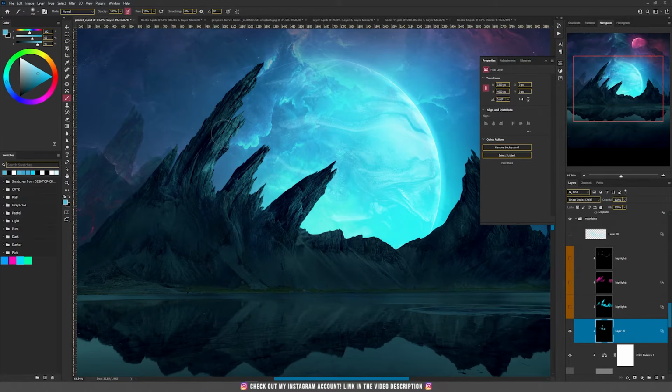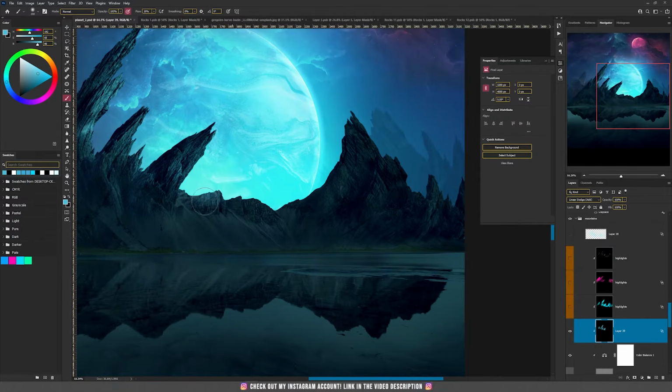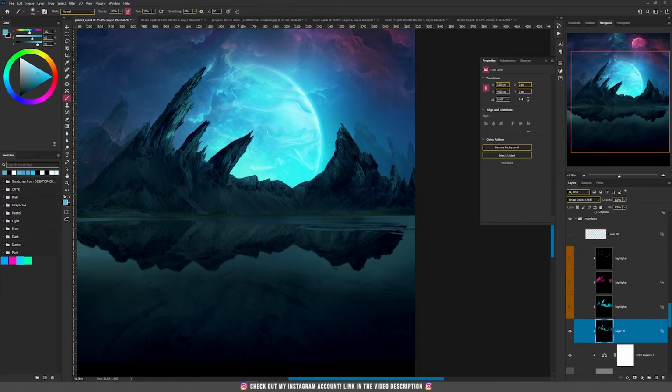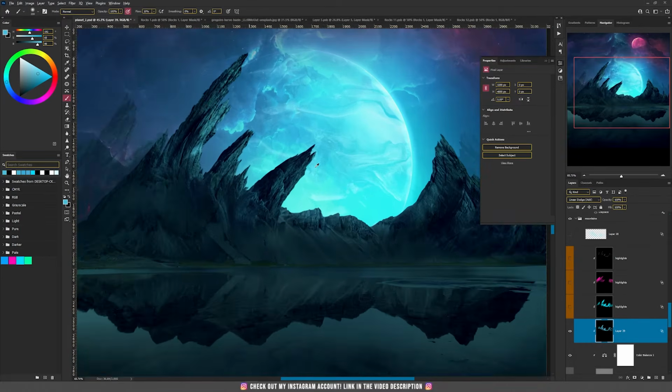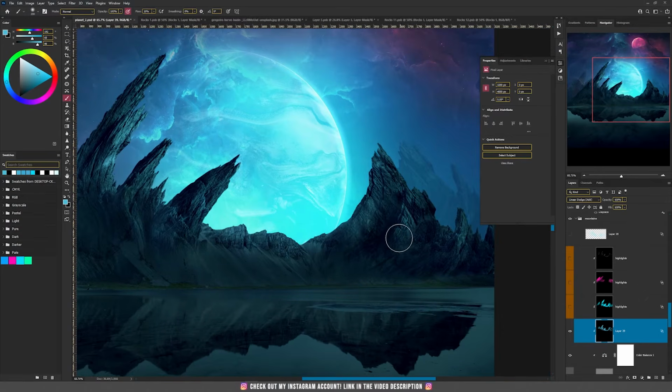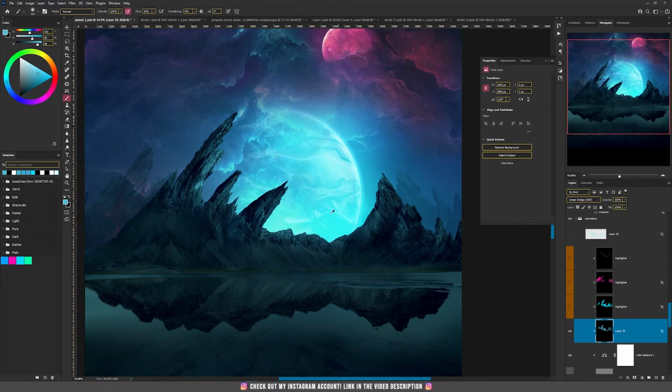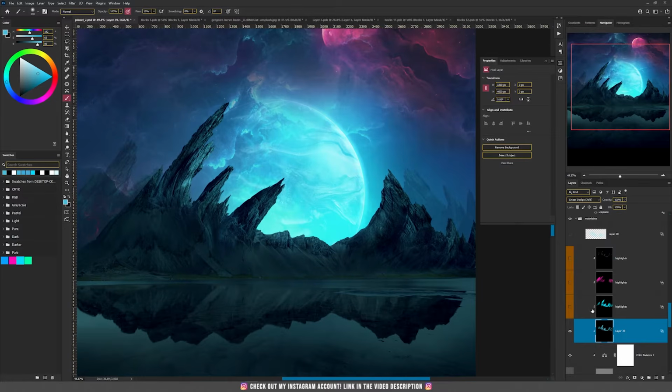And now our mountains will look much better because they will have some light on them, because of course we need to take care of the environment, and if we have some light sources, we need to think about where those light sources are casting the lights. Alright, so this is how I created this blue reflection, these blue highlights. And then I did the same thing,